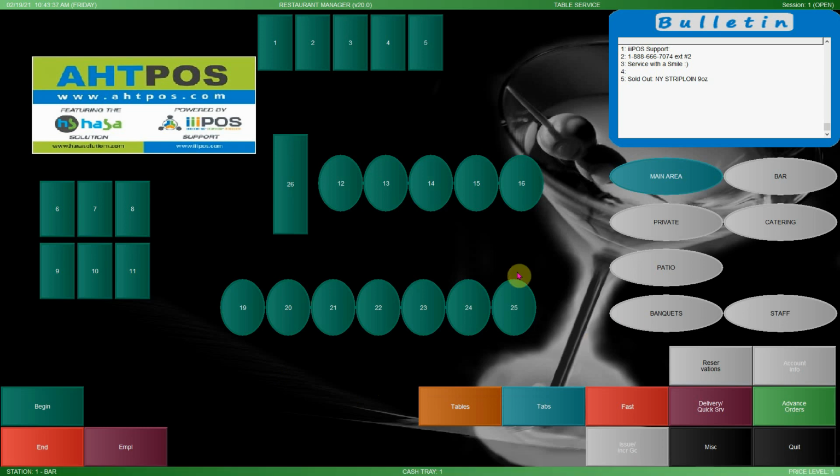Next, we are going to revise a settlement. Revising a settlement allows us to change the method of payment a bill was closed to. So for example, if we mistakenly closed a table as cash, when in fact it should be a credit card, and that allows it not to mess up our end of day report. To do this, we have to begin as a manager,